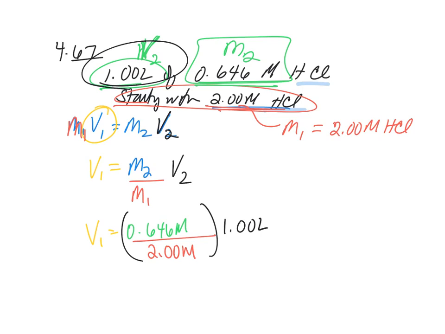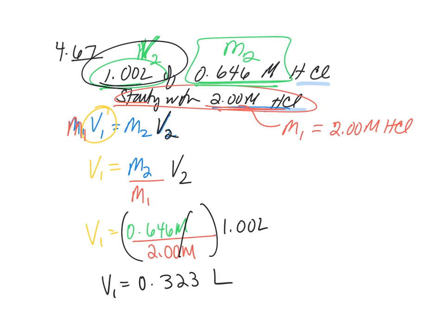And so when you do this, the units of molarity cancel out, 0.646 divided by 2, and then you multiply that by 1 liter, and you find that V1 equals 0.323